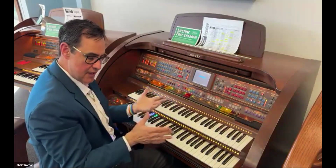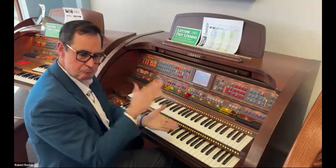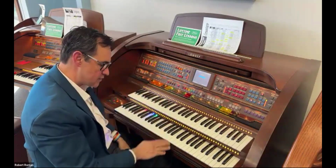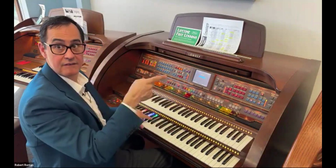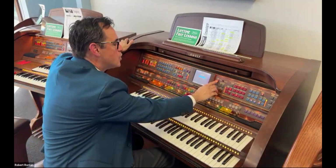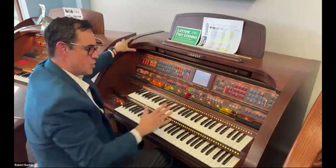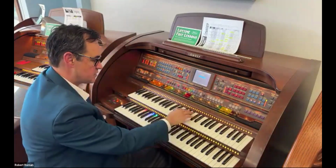Which comes in handy if you have a rhythm style and you're not quite sure, but you know you could actually tap 1, 2, 3, 4. Okay, that's how I got it set up. Or you can go in and there's a feature where you can change it to the glide. So instead of using the foot switch,